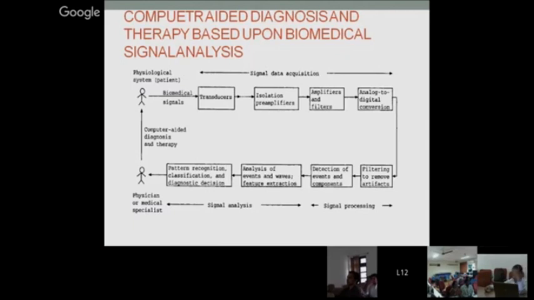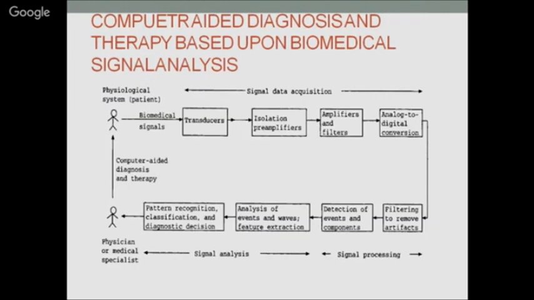According to that we will design our filters. Now, when you are taking the computer into consideration, to make your system complete, the signal should be digitized first. So you have to select an ADC. Again, while selecting an ADC, you have to be very careful because its resolution should be at par, because the signal is very small. If the ADC is of very low resolution, you won't get a good result there. Now, filtering to remove artifacts, same.